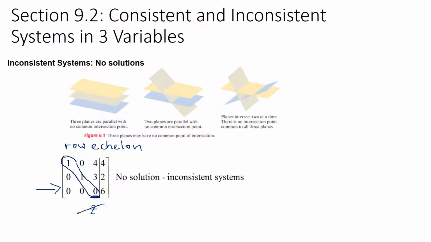There is no solution to the third variable, which means that the three equations don't have an intersection point when we graph out the planes, or it means that not all of them intersect at one point. So you might have two that intersect and one plane that does not. So this is an example of what a matrix would look like if you have an inconsistent system of equations